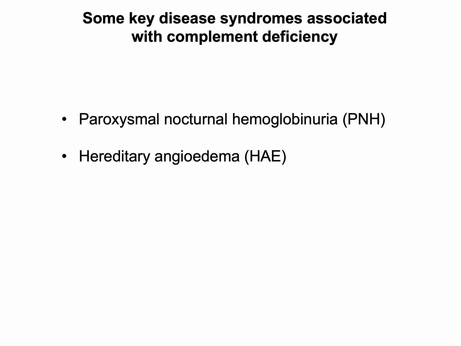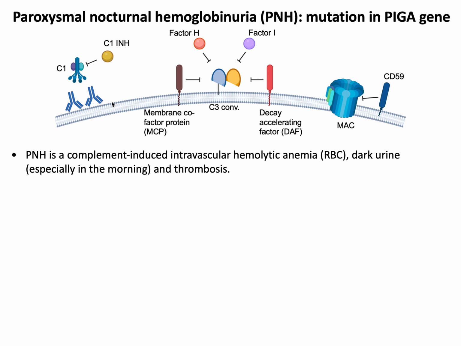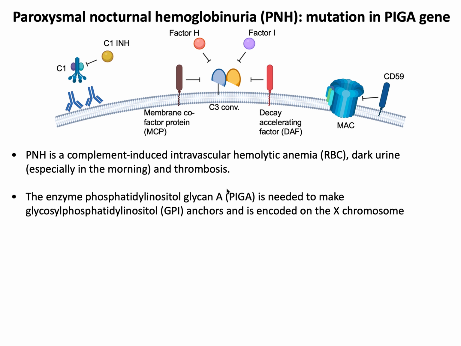There are some other key disease syndromes that are associated with complement deficiency that I'll talk about right now. One is called paroxysmal nocturnal hemoglobinuria, or PNH. So here we have an example of some of the inhibitors of complement. PNH is a complement-induced intravascular hemolytic anemia. And so you can get dark urine, especially in the mornings, and thrombosis. And it's a defect in a gene called PIG-A, or phosphatidylinositol glycan A. And this is needed to make GPI anchors that certain cell surface molecules use,